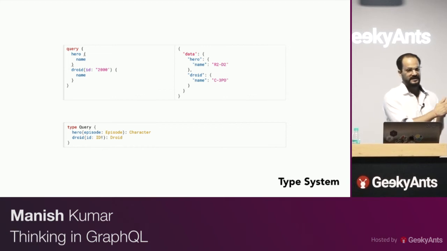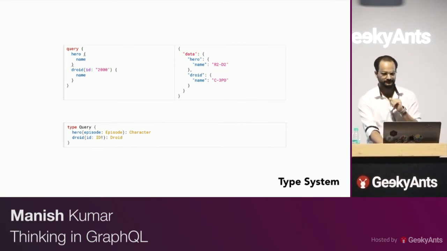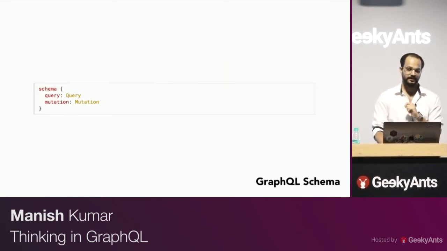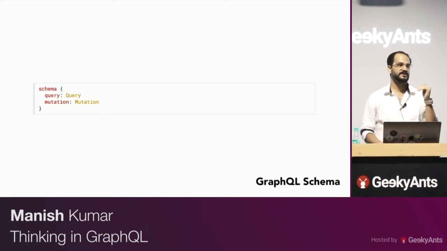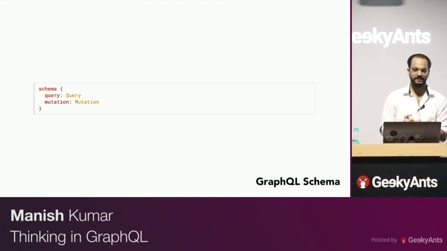Okay, before I come to the type system, I just wanted to explain the types of the schema. So query and mutation are just 2 special types in GraphQL. You can define your own based on your domain. Like I said, for a user, for a post, for comments, you can say user has an ID, user has a name, user has email, and the types of it, right? ID is an integer type, name is a string type and all that.